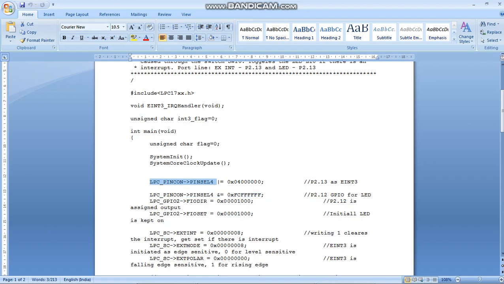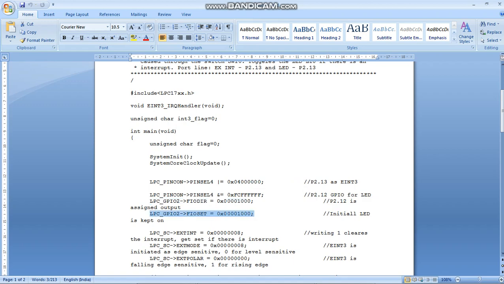By this statement it selects P2.13 for the external interrupt, as an input. And here this statement shows the direction of the pin